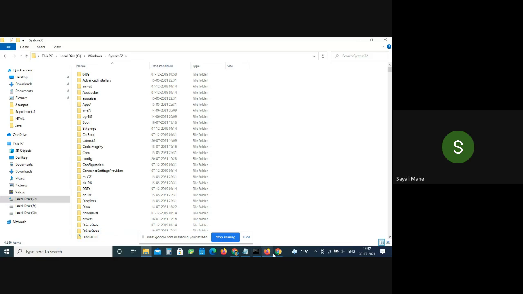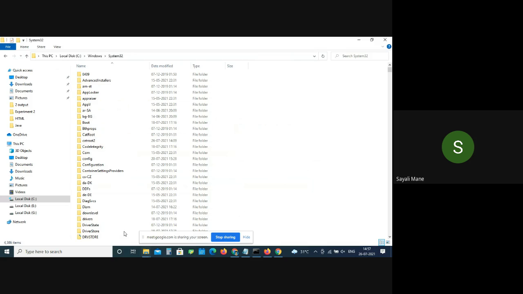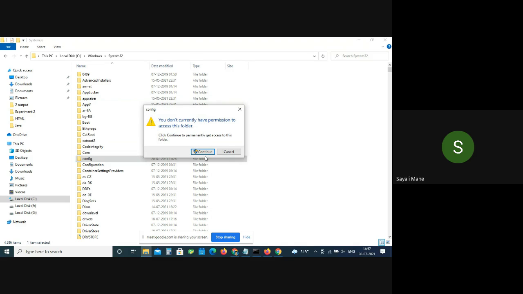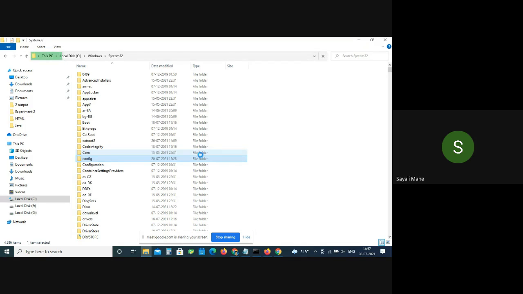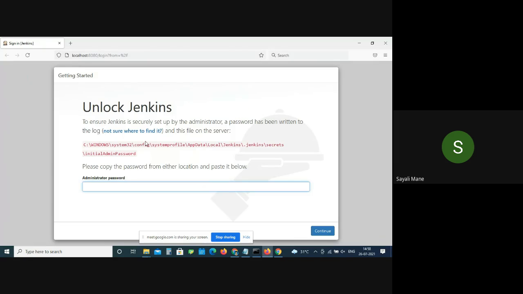Then what was the next one? System32 config. Yes, click on the config. Yes, continue. Then see the next one. What was there in the path? Config, then system file, no?